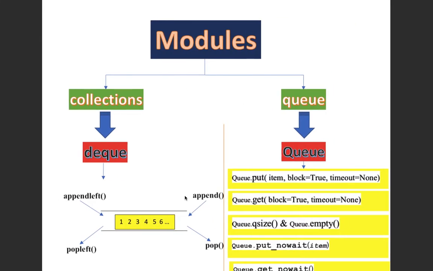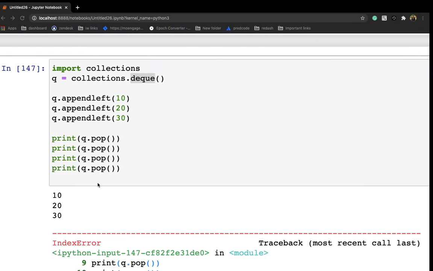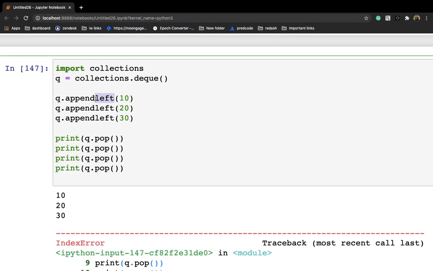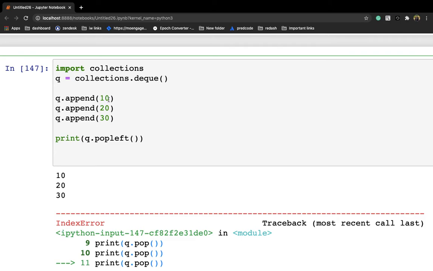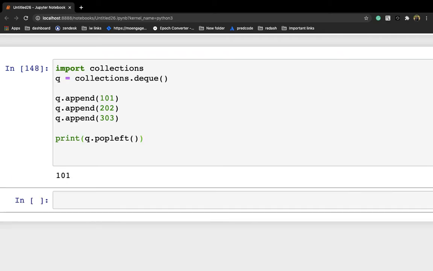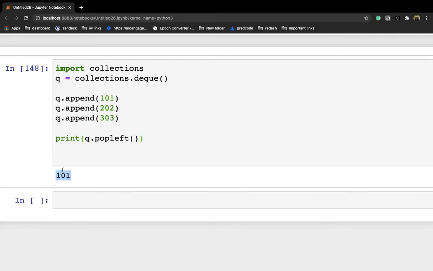The second way is to use append and popleft. Here I am using the append function to push something, and if we are using append we need to use popleft. So I'm using 101, 202 and 302. If you call popleft you will get 101, because as per the rule of a queue the first inserted element will be popped out first.